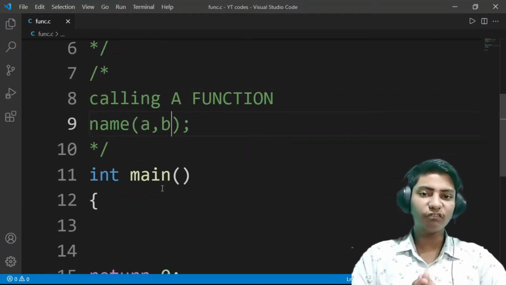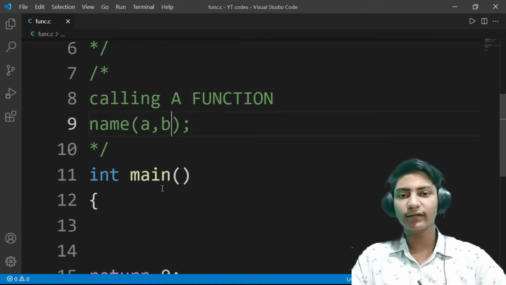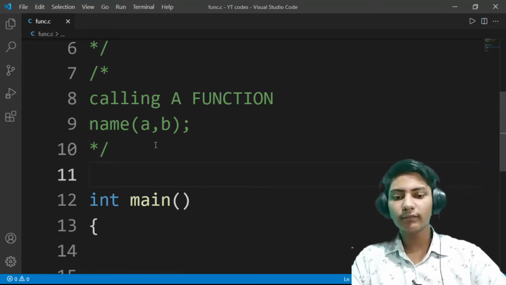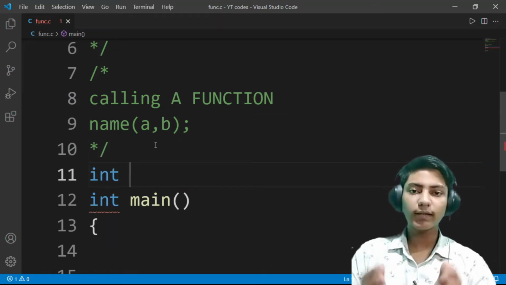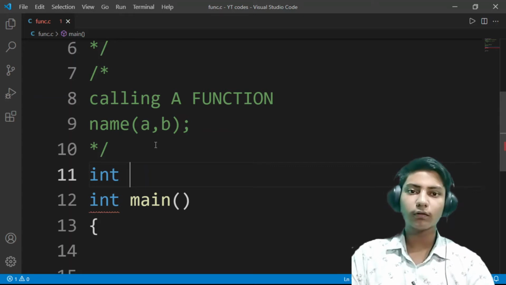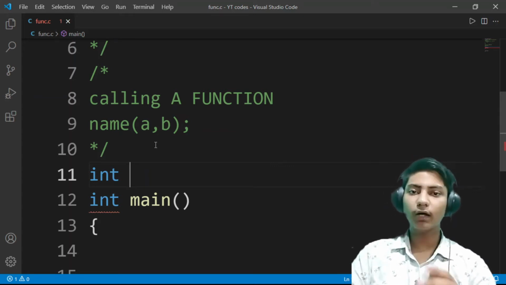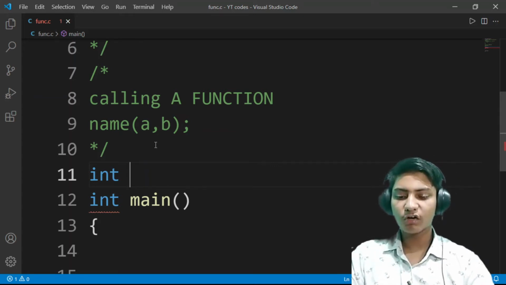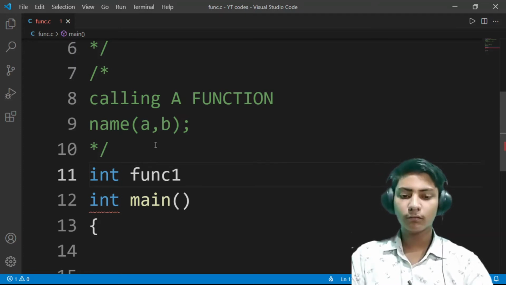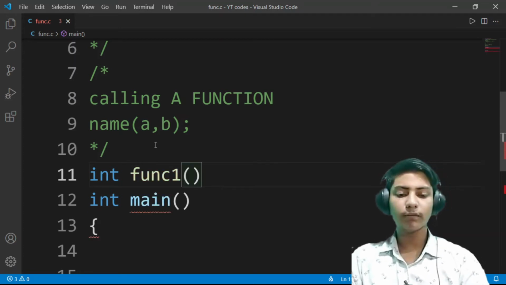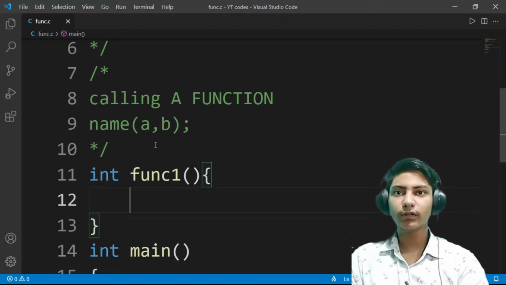Guys, let's make a function and see it in reality. So guys, let me make a new function which will take the user input for two variables and print the output. So let it be func1, int func1, and then parenthesis, then curly braces, and then the code.